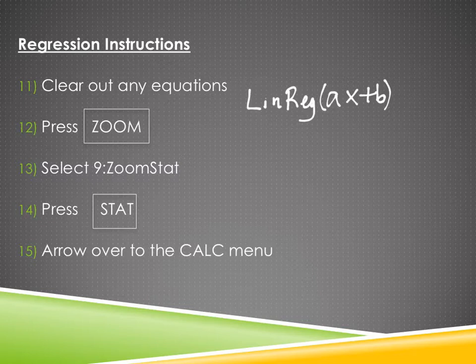What you want to do now is to tell it where to put this equation. If I just press enter, it's going to create an equation. I don't have to do anything else right now. If I press enter, it will create an equation. What I really want is for it to put that equation into the graph. And I can do that all at the same time if I take one more step. The one more step is that I have to tell it to put it in there. I do that by hitting,